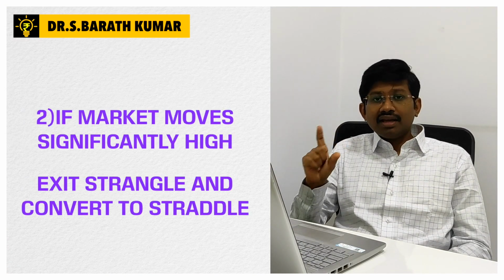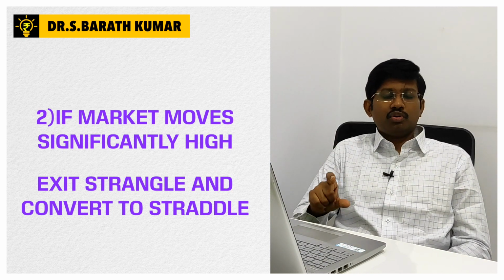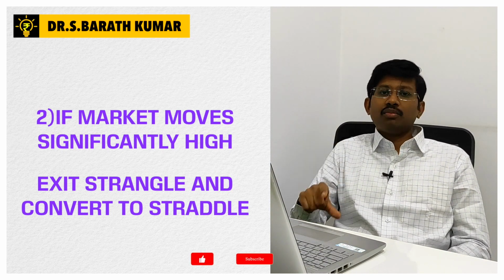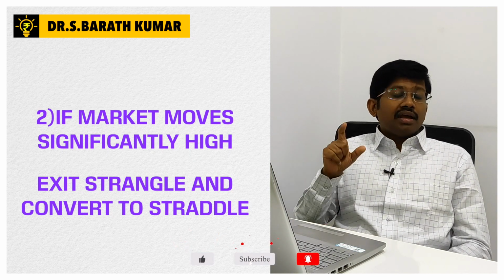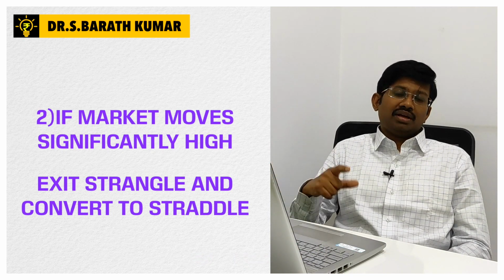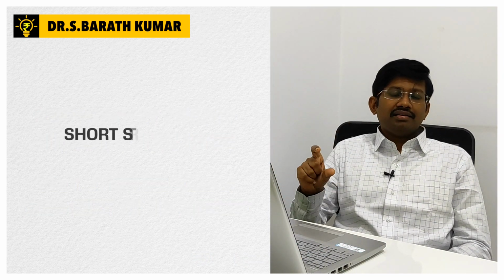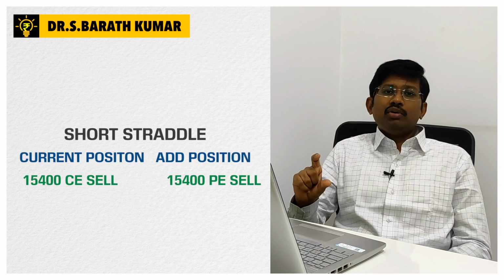What I mean by that is we can only exit the put option with a profit. That is, the 15,000 put option that we have sold would be in a major profit now. We can book that profit and then we can convert the existing call into a short straddle. What I mean by that is, a short straddle is when you sell both a call and a put at the same